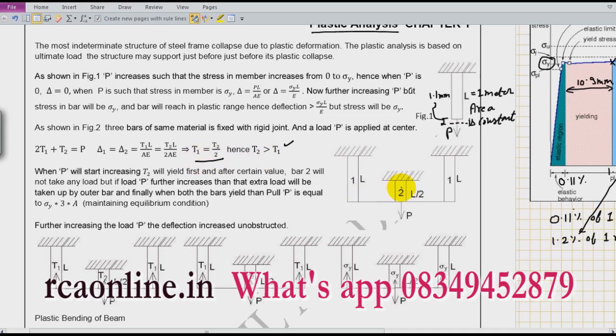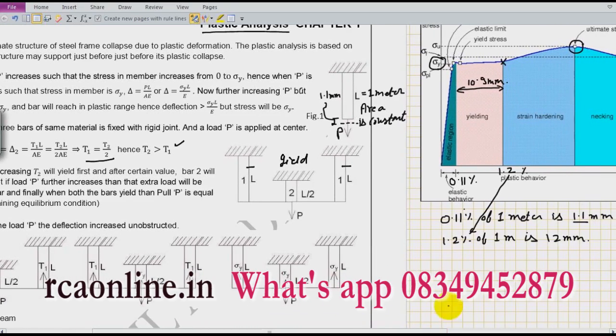So previously the engineers were declaring failure when this bar yields. If this bar yields, they say failure. They do not bother about the yielding of these other bars. So what is happening? I have underutilized these two. They are below yield, but when people understood this part, that this is an elongation which can take place without increase in stress,